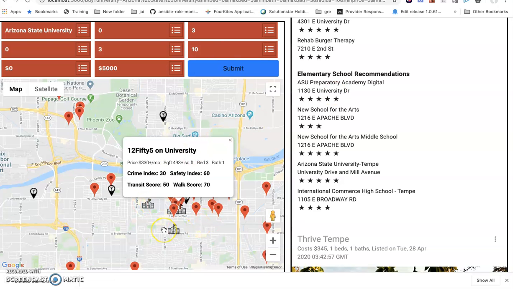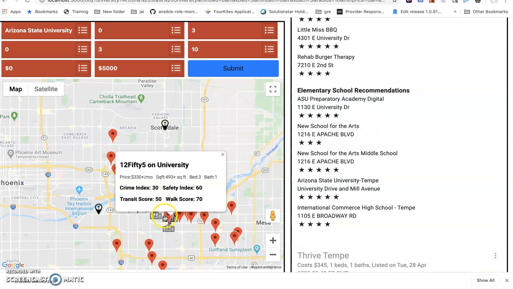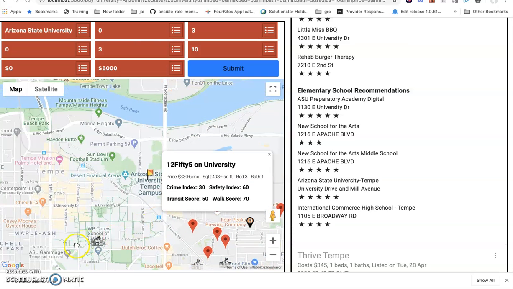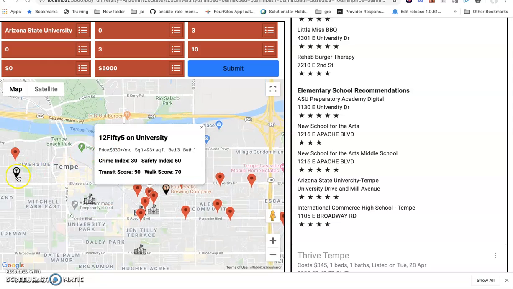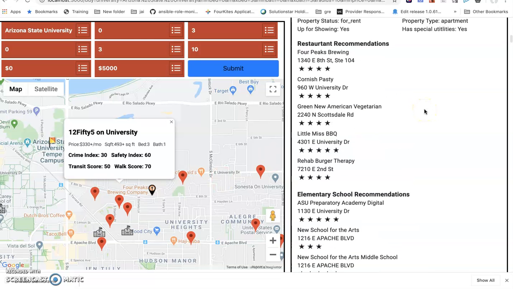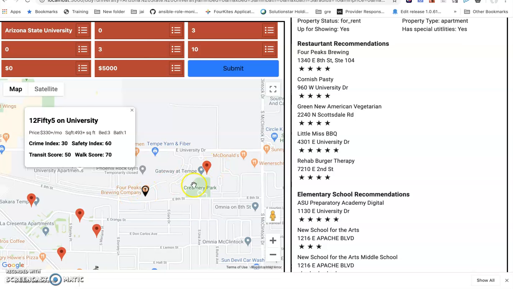On selecting a card, it will show the schools and point them out on the map, and the restaurants as well. So here it has Four Peaks Brewing Company, a restaurant recommendation from Yelp, which has been rated 4.